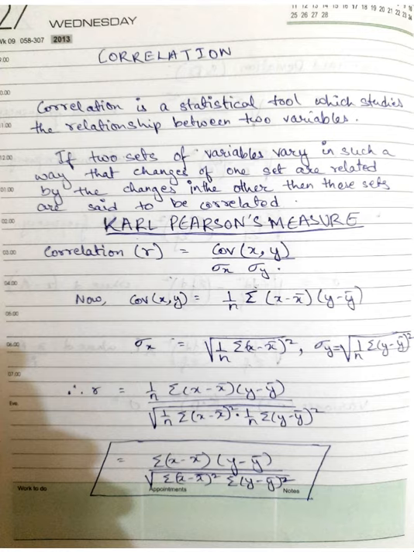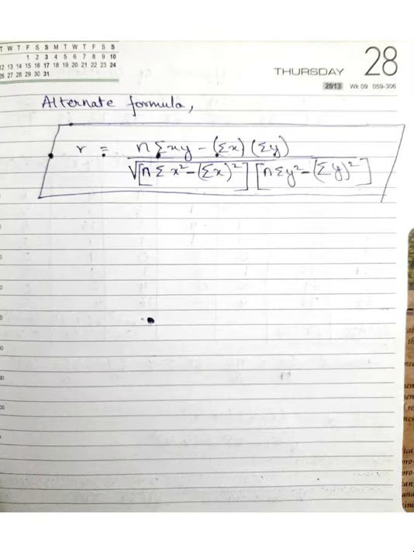So this is the most basic formula of deriving the correlation coefficient, but we have an alternate formula that makes our work way easier in finding the correlation coefficient, and as such we most commonly use that formula. That may look a little bigger than the other formula, but it is more convenient to use. So we usually use this formula to find the correlation coefficient.